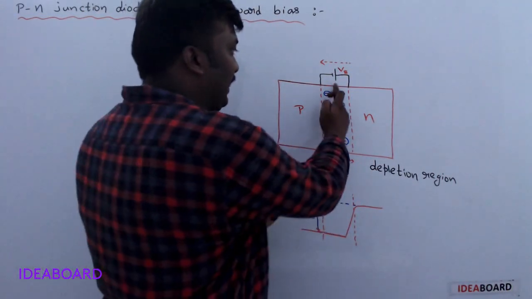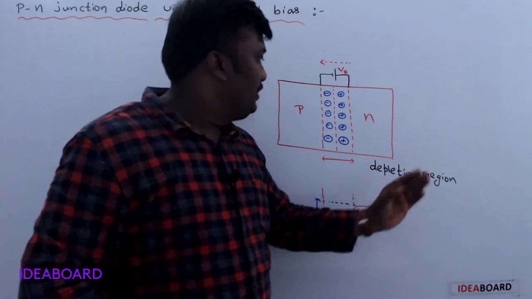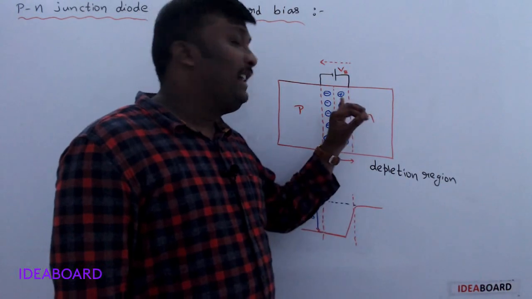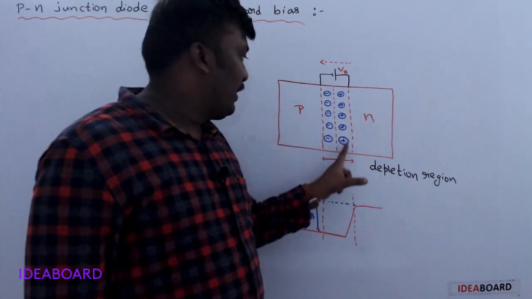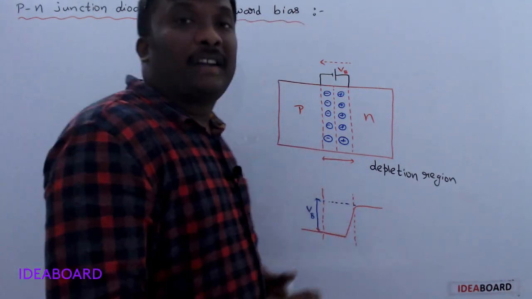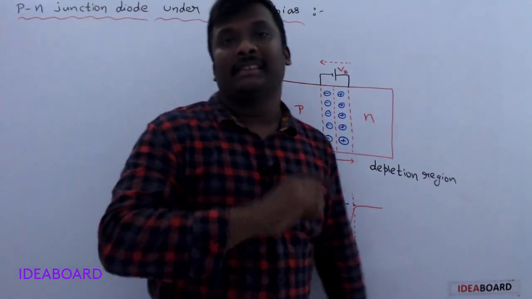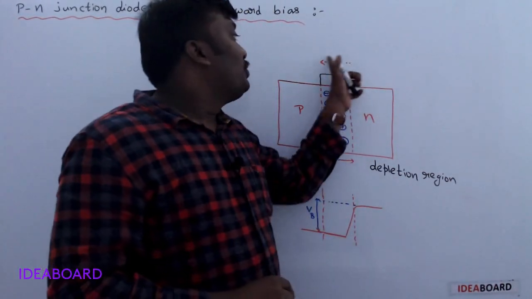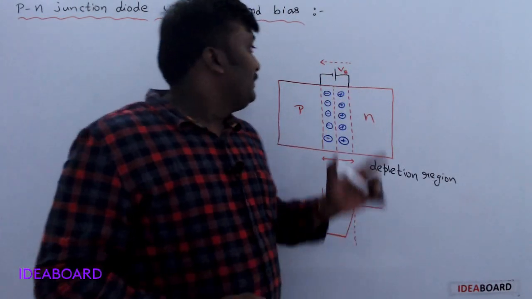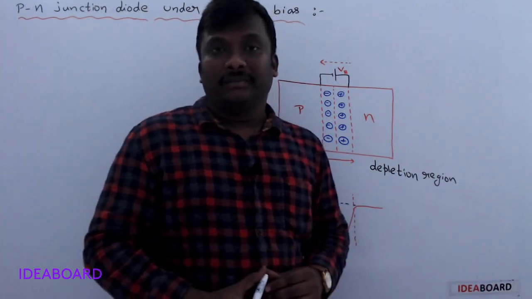Across the junction, there is a region called the depletion region, which contains immobile donor ions and acceptor ions. These are the donor ions and these are the acceptor ions. The potential difference across the depletion layer is nothing but the barrier voltage. It acts like a pseudo battery which always opposes the further diffusion of the majority charge carriers.